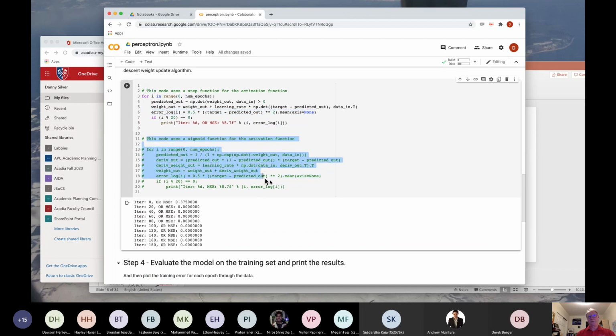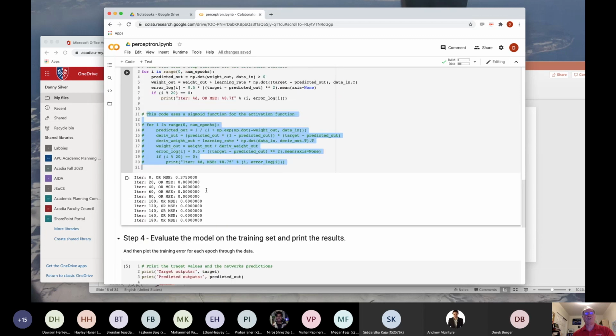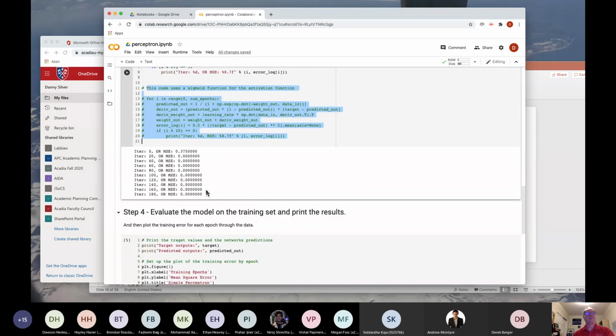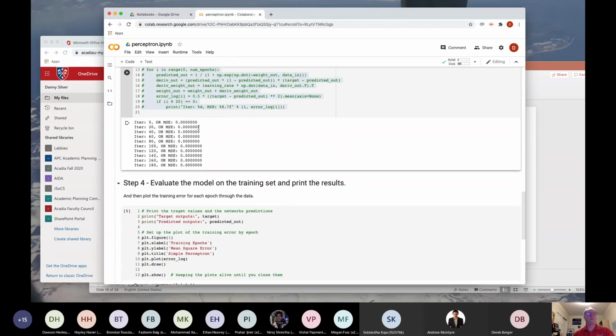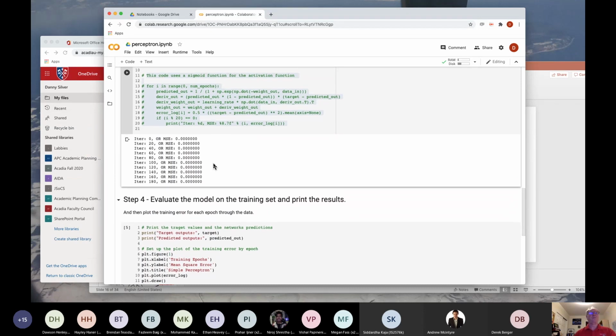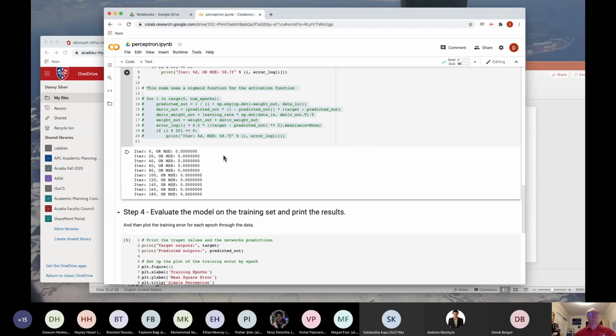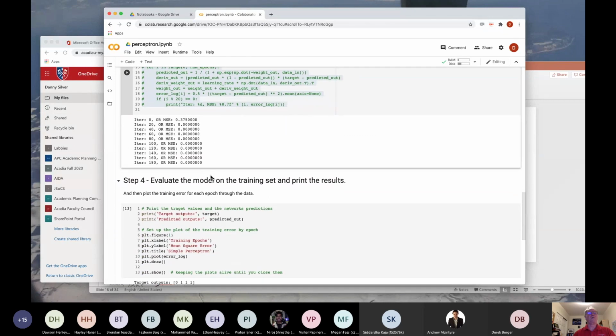That's the sigmoid function. If you replace this bit of code with this bit of code, so comment this out and turn this one on, you'll see how the sigmoid function operates very similar to the step function. So if you run this piece of code, it runs through the iterations, learns it very quickly. The error on the very first one, oh, that's because it's already run once before. I'm going to do a run all on this. There, the initial error is 0.375.